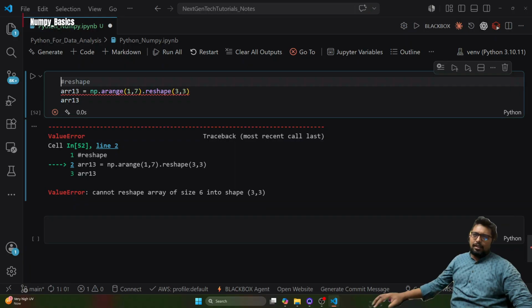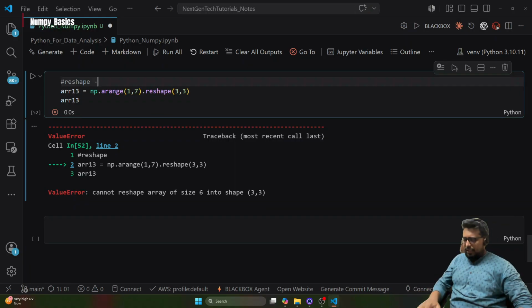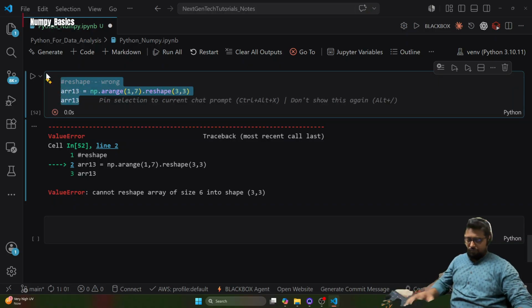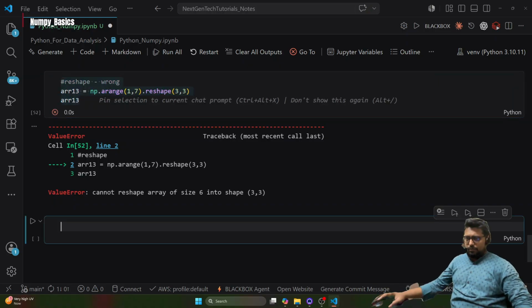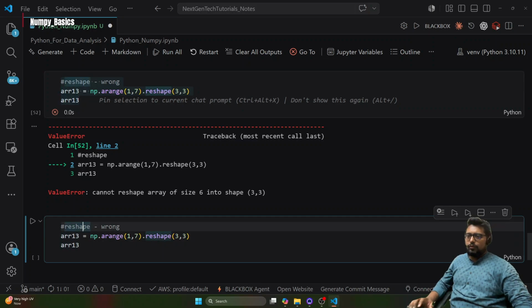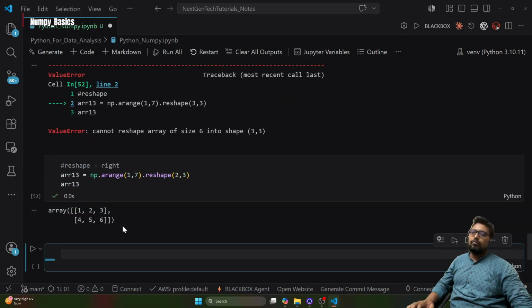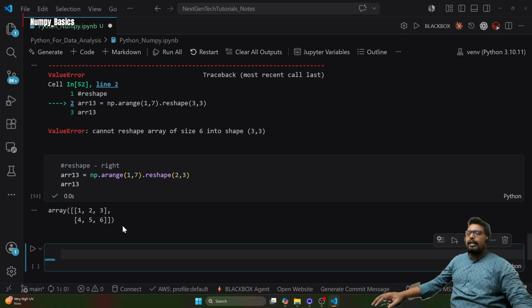So I'll just mark it as reshape wrong here, and I will keep this wrong logic here, and I'll make it right and keep it here. Clear, everyone, on the reshape? The next thing is